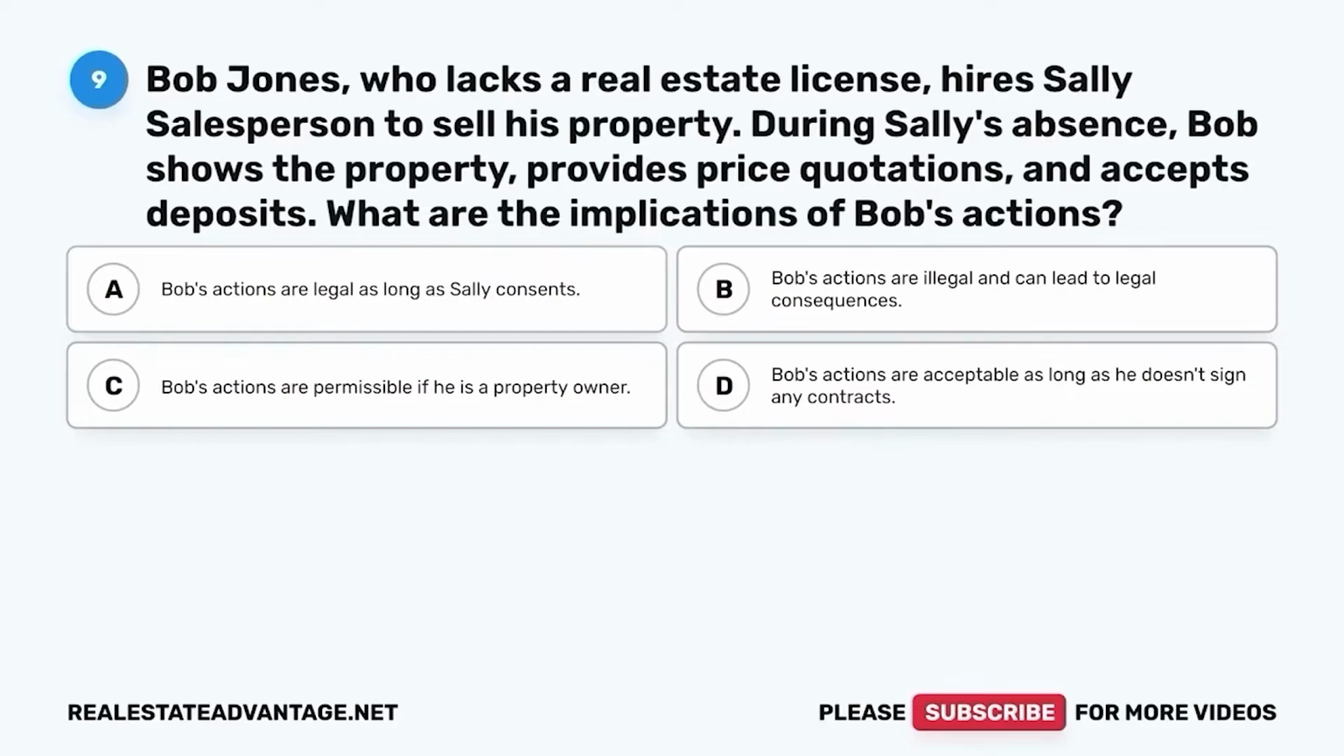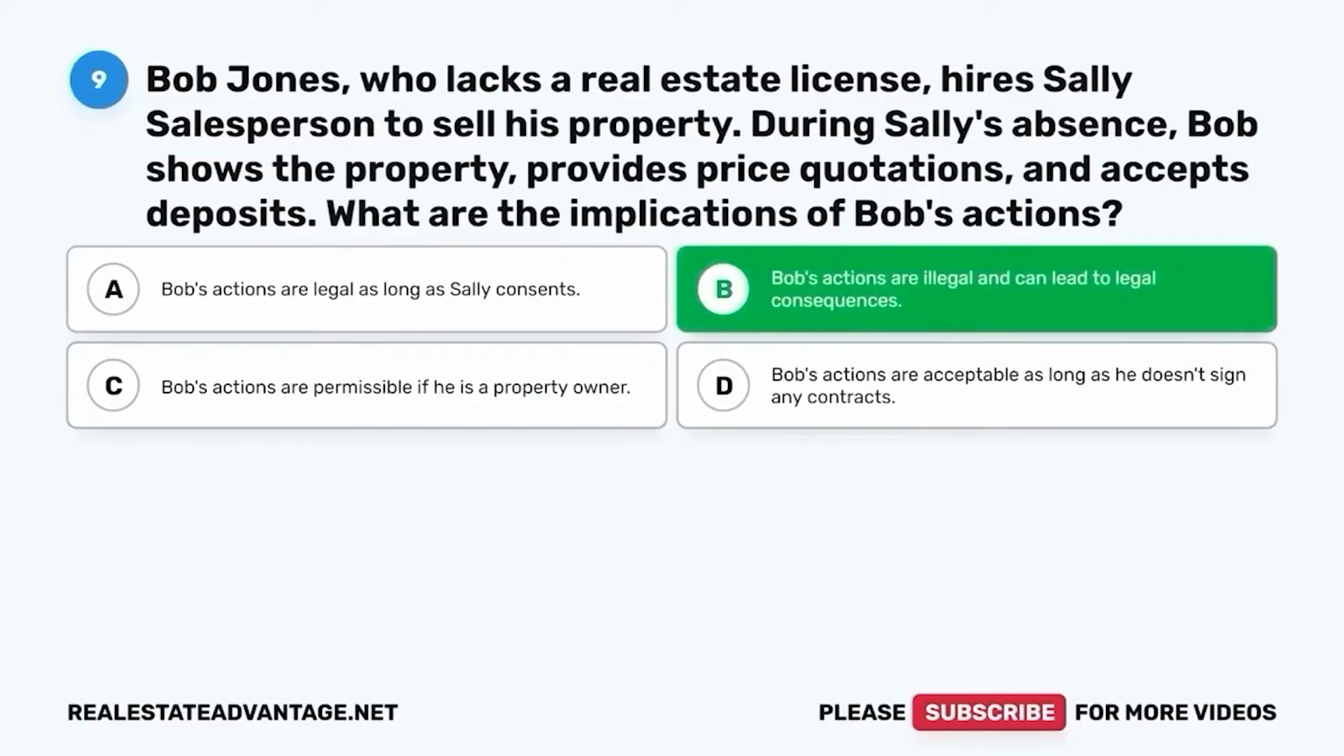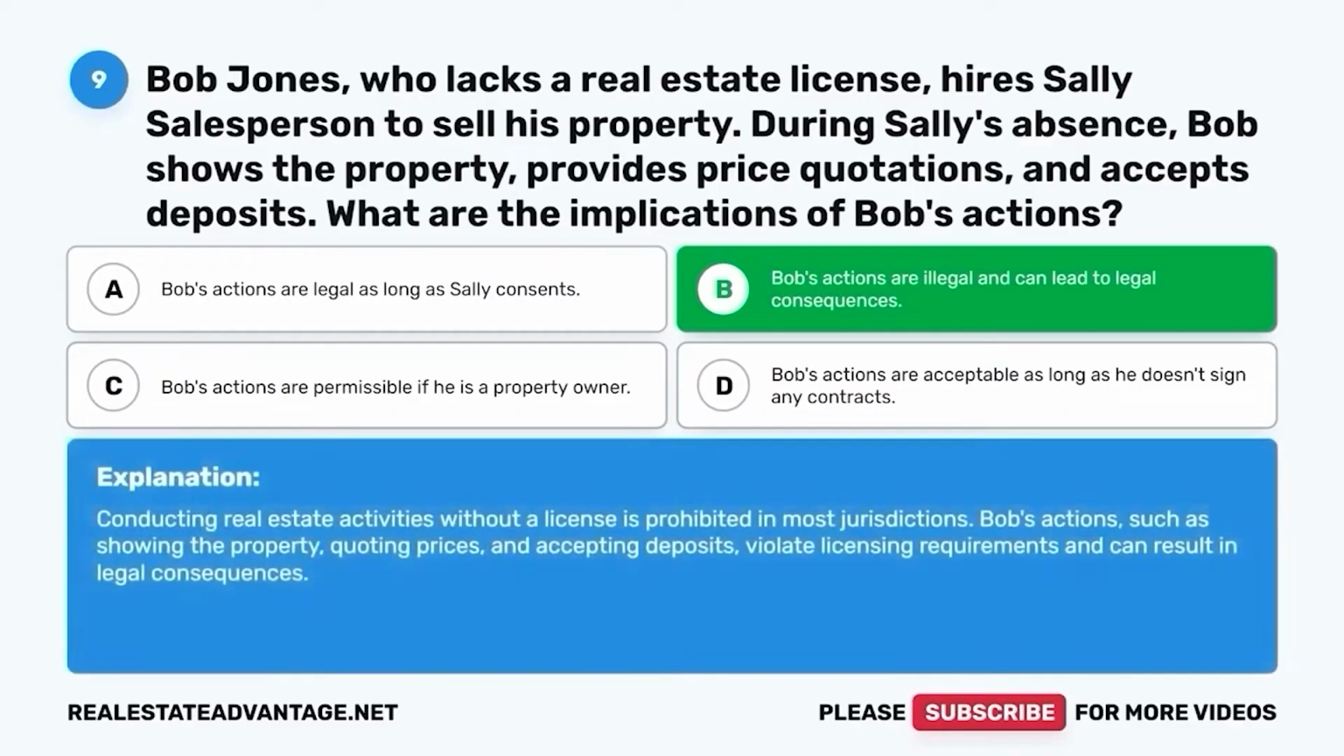Bob's actions are acceptable as long as he doesn't sign any contracts. The correct answer is B. Bob's actions are illegal and can lead to legal consequences. Conducting real estate activities without a license is prohibited in most jurisdictions. Bob's actions, such as showing the property, quoting prices, and accepting deposits, violate licensing requirements and can result in legal